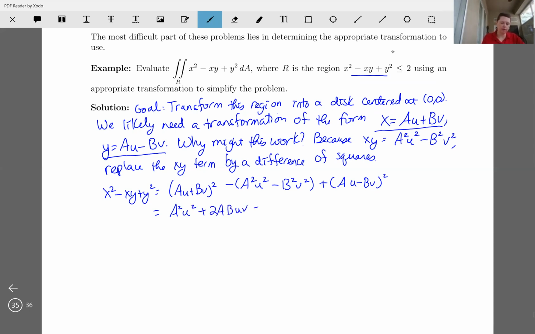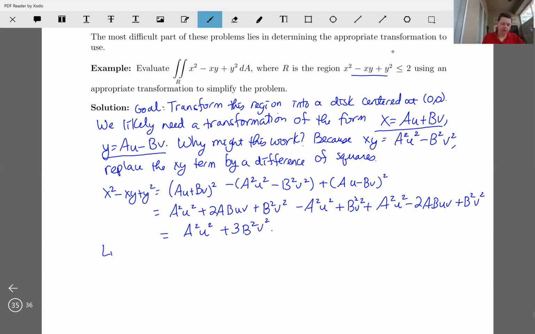2abuv plus b squared v squared minus a squared u squared plus b squared v squared plus a squared u squared minus 2abuv plus b squared v squared. And that's going to reduce to a squared u squared plus 3b squared v squared. So life will be good